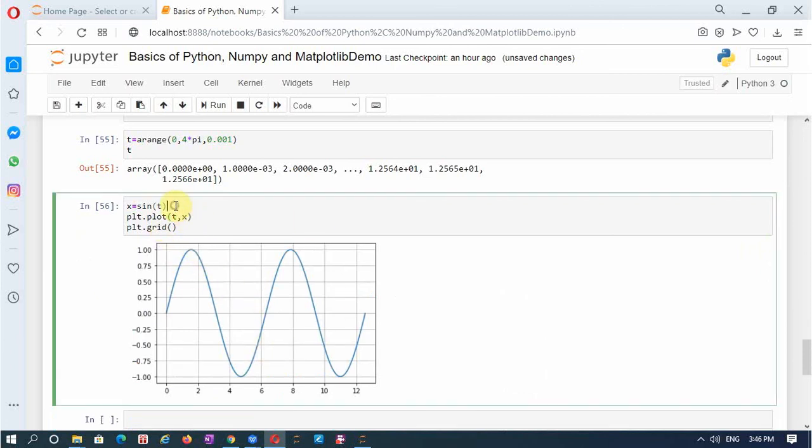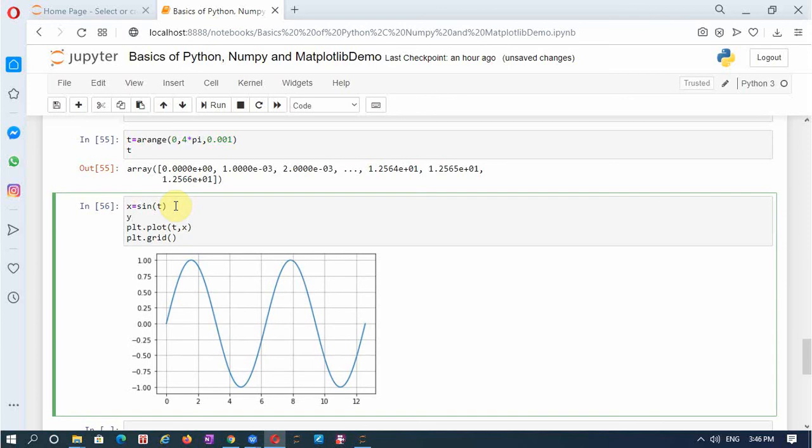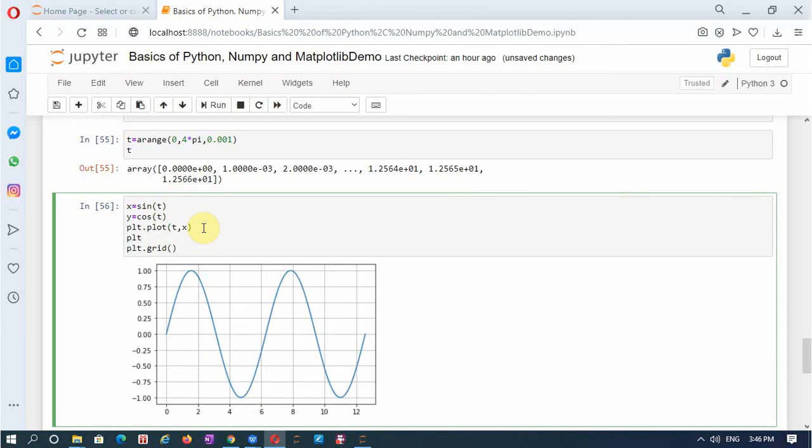Let me also calculate one more function y, which is equal to cos of t, and also plot this function with plt.plot(t, y). So now I have two plots to be plotted.